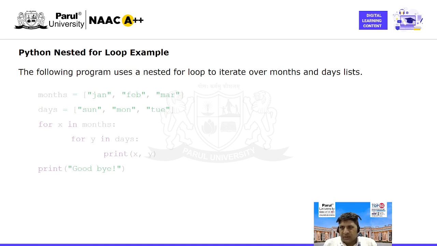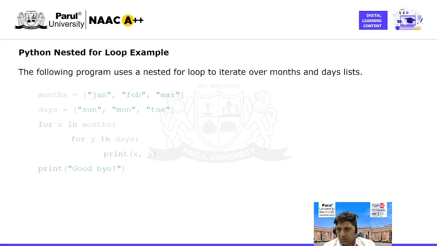Now, some Python nested for loop examples. Suppose the following program uses a nested for loop to iterate over month and days list. If you want to list out the weekdays according to month, then you can use a Python nested loop. In the program, you can see there are two lists. One is month list. In this example, we are only taking 3 months: January, February, March, and days, only 3 days: Sunday, Monday, Tuesday. For x in month,